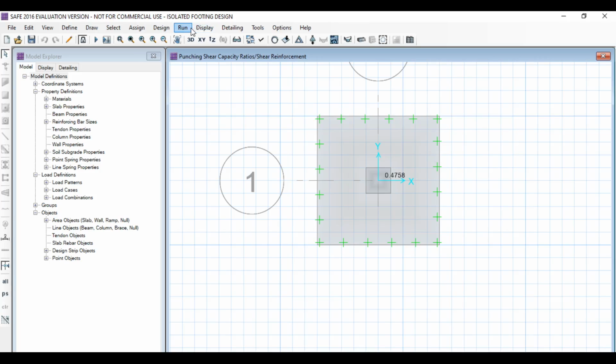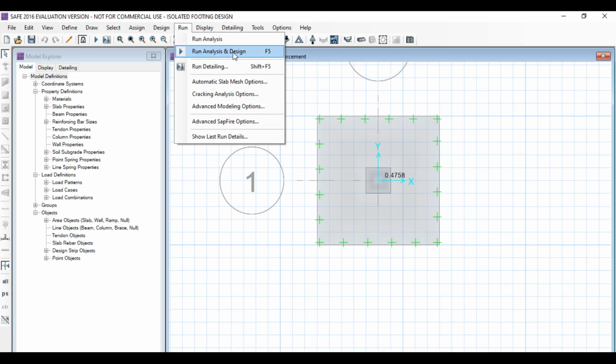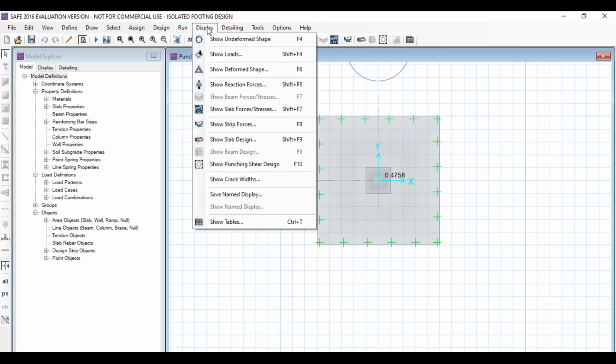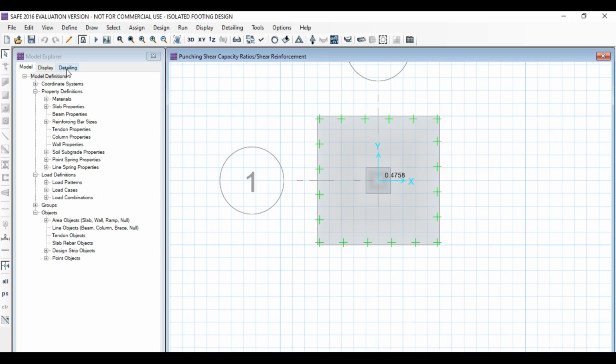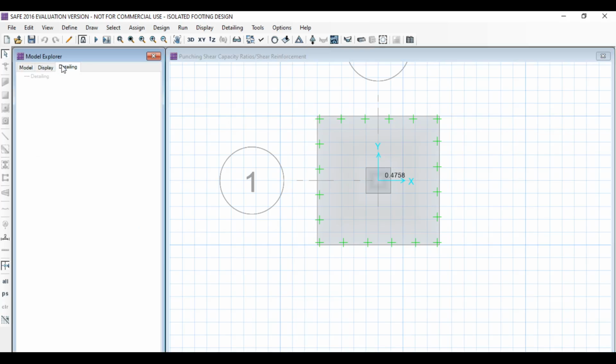So go to display, you can see the detailing table here. This is the detailing.